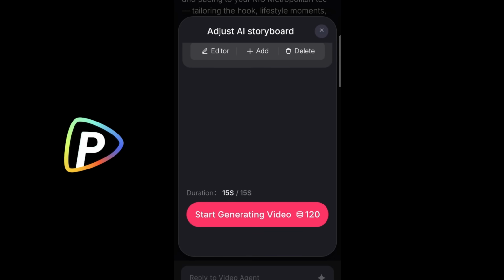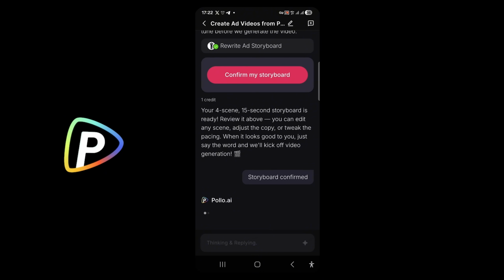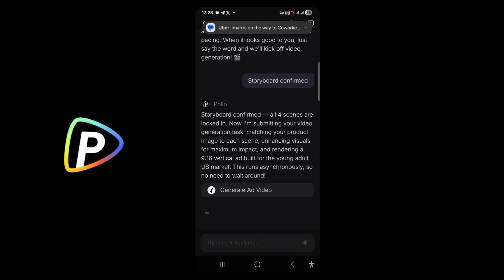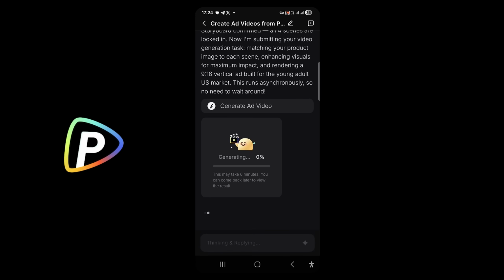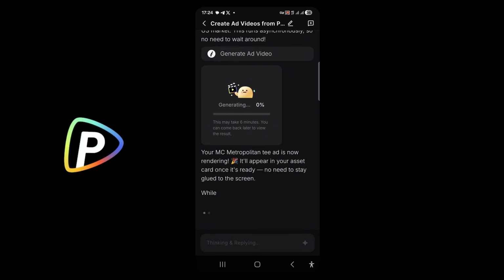If you like your storyboard, you can confirm it. Otherwise, you can edit any part you want. So I'm going to confirm my storyboard, and once the storyboard is confirmed, Pollo AI agent starts to generate the ad video. So in a couple of minutes, you will get to see the ad video, and here is the